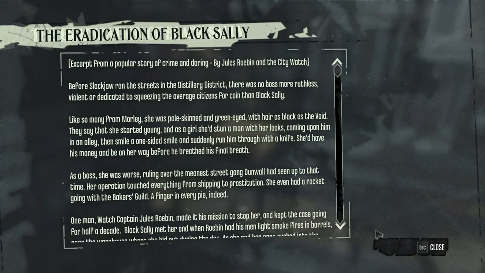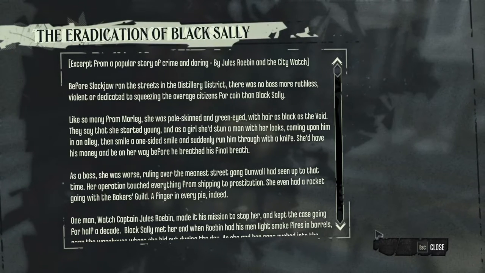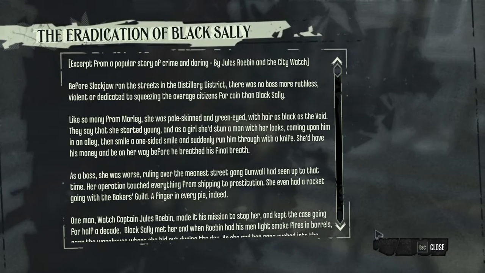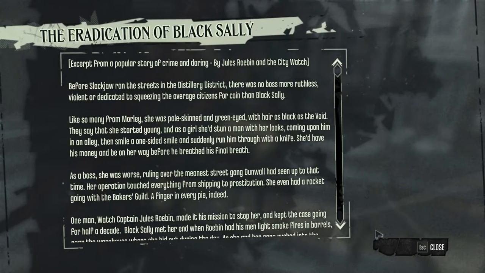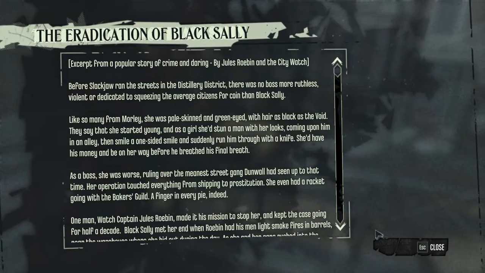The Eradication of Black Sally. Excerpt from a popular story of crime and daring by Jules Robin and the City Watch. Before Slackjaw ran the streets in the distillery district, there was no boss more ruthless, violent, or dedicated to squeezing the average citizens for coin than Black Sally. Like so many from Morlaix, she was pale-skinned and green-eyed, with hair as black as the void. They say that she started young. As a girl, she'd stun a man with her looks, coming upon him in the alley, then smile a one-sided